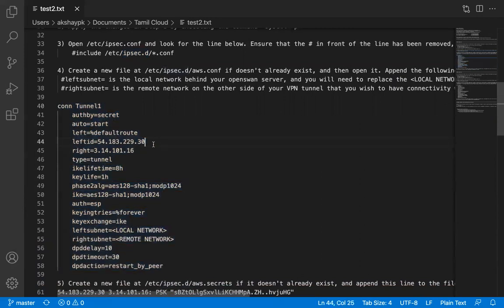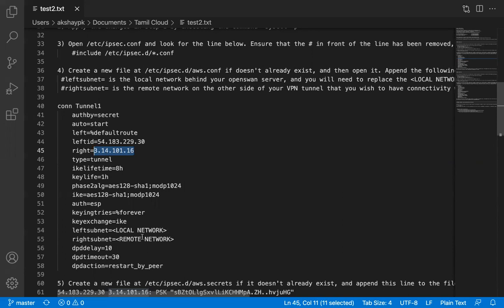Over here, the left ID is your customer gateway's publicly reachable IP address. The right is the public IP of your AWS side of the tunnel one details. Then the left subnet and the right subnet: the local network is the network behind your VPN device, which is your on-premise network, 10.2.0.0/16 according to our architecture diagram that we saw in the previous video.